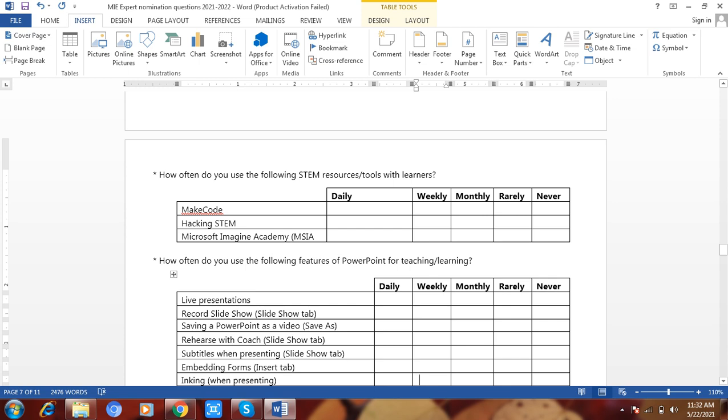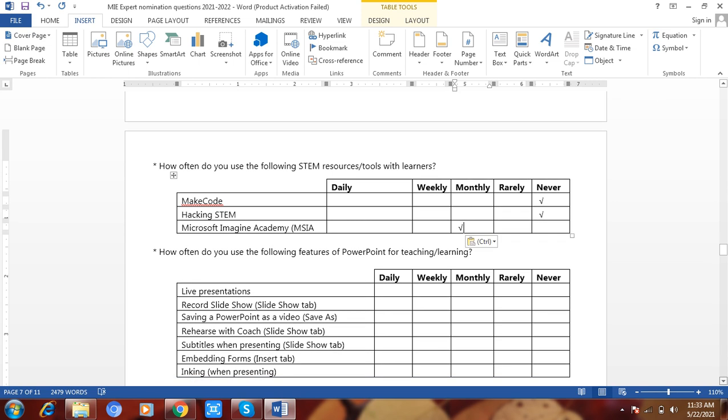How often do you use the following features of the Edge browser? If you are using it, okay, if not, then you will go for never. If yes, for inking on a PDF or that kind of thing, you can use the translator if you are using it. You can work in Collections.